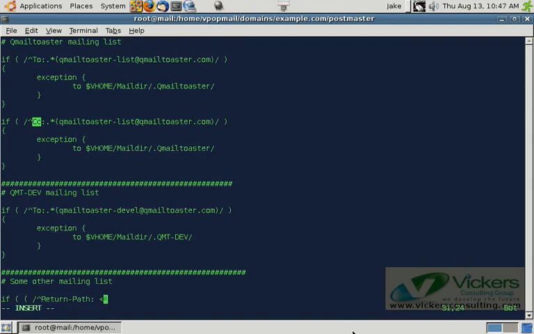And I know the postfix list is a bad one for this. It's something I find kind of annoying with their list. And I hate to use another mail distribution as an example, but it's the only one I have handy, so we'll go ahead and use it. And so now you can see, let's see here, I got too many parentheses there. Now if the return path